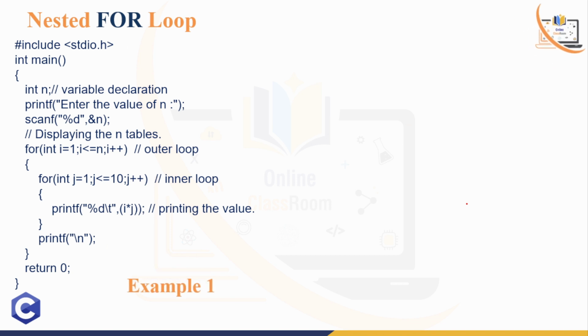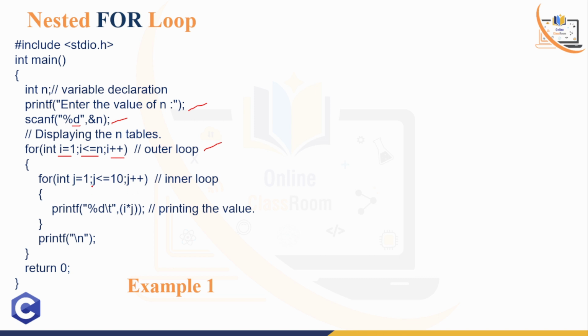If we first see the nested loop example in the for loop, there is a simple program. At first, suppose here we enter a number, and after that there is a scanf of that particular number. As the number is an integer, that's why it is %d, we all know it. After that I write a loop here, which is the outer loop, with the condition i equals 1, i less than or equal to n, and i plus plus. If we give the value of n as 3, it will run 3 times, right?